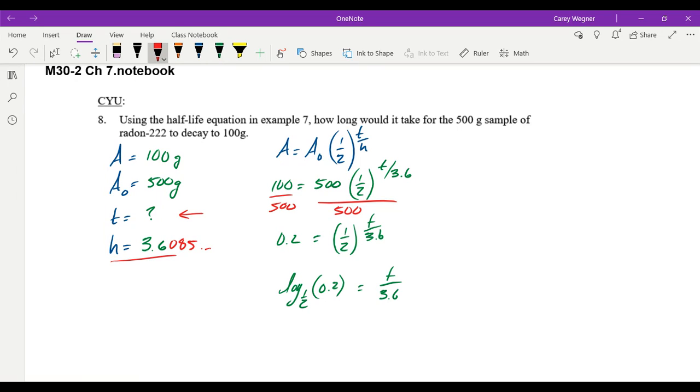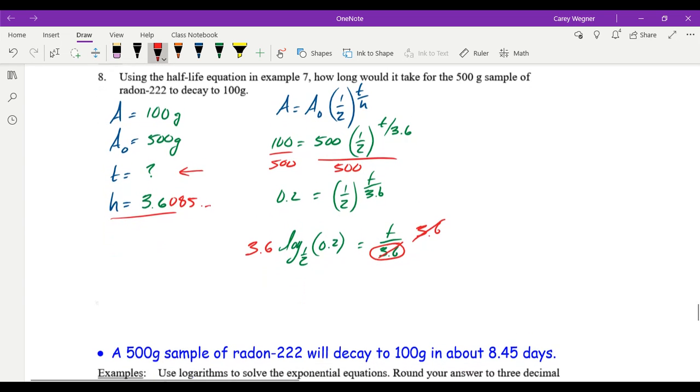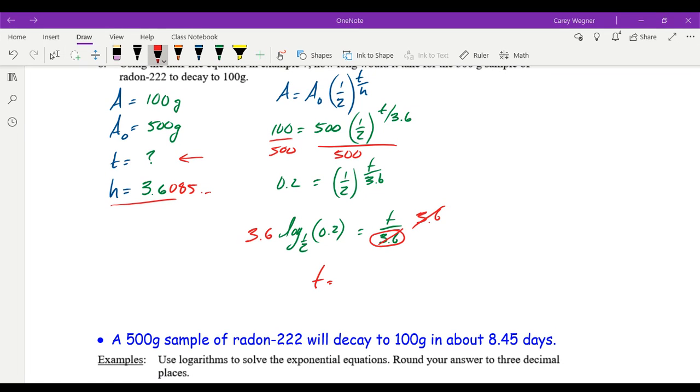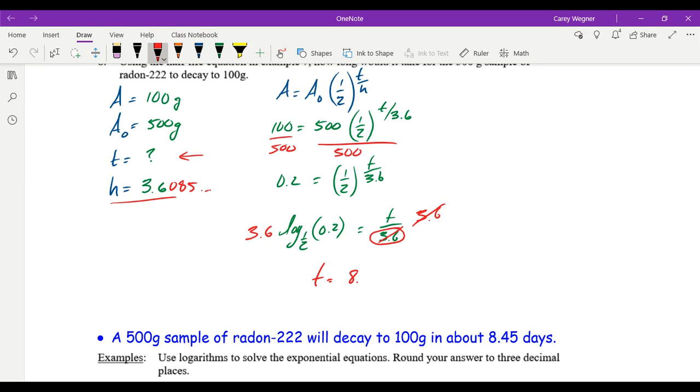Now this time, a little bit simpler because I want to solve for what's in the numerator. I can get rid of that denominator, multiplying both sides by 3.6. On the right, they'll cancel out. And on the left, I will get t is equal to 8.38. Well, notice this answer here